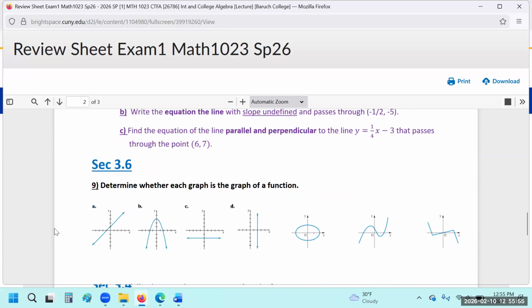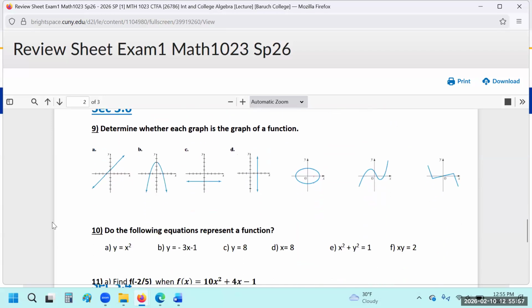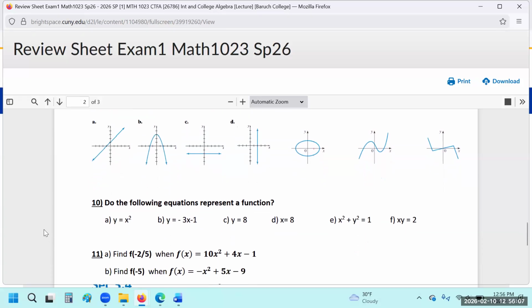And then in 3.6, as I said, to enjoy your exam, I'm going to give a few of these. All you have to do is draw a vertical line and tell me whether they're a function or not. Same thing, question number 2, I'll give you at least 3. At least 3, okay? It could be more, but definitely at least 3. All you have to do is figure out whether they're a function or not and why.